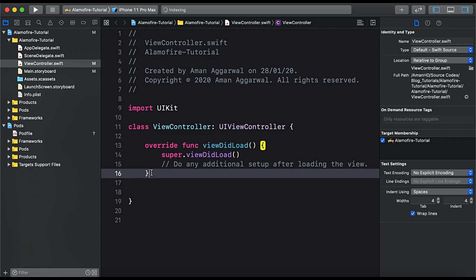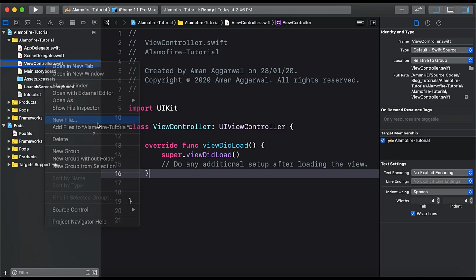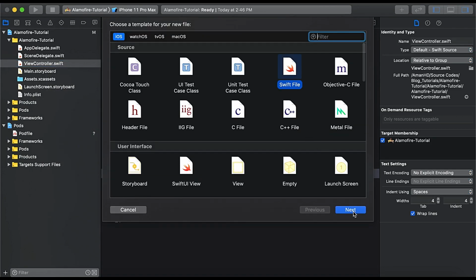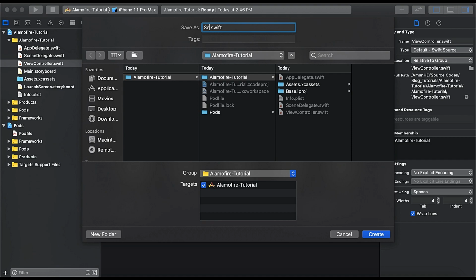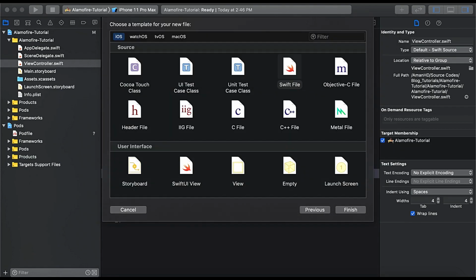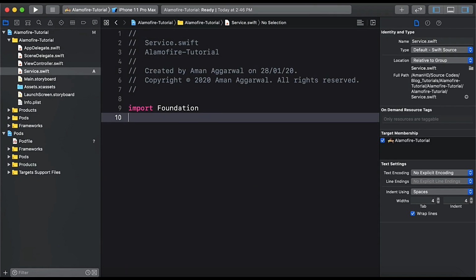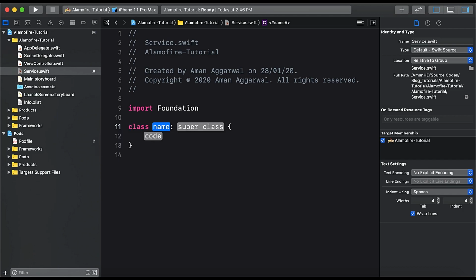So for this, we will create a UITableView, and we will showcase the country names in our UITableView once they are fetched from the API. For this, first we will create a service class that will fetch the API using Alamofire. So here, new file, and we'll say service, and here we will name it class service,